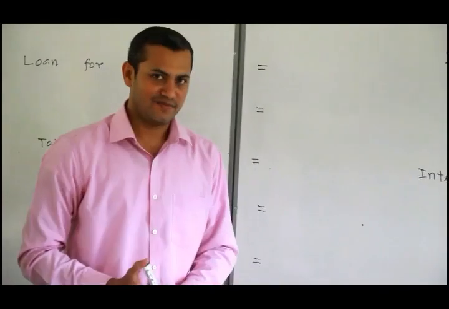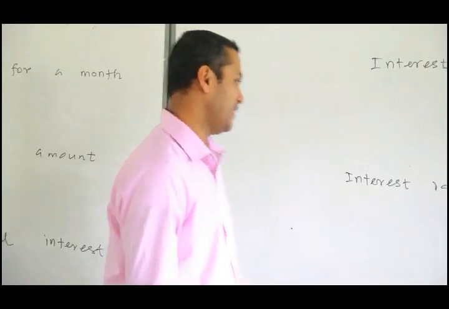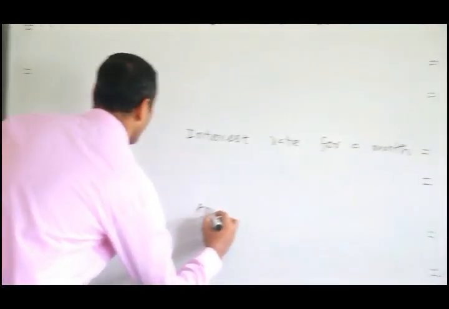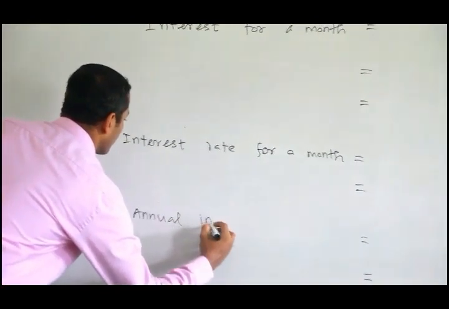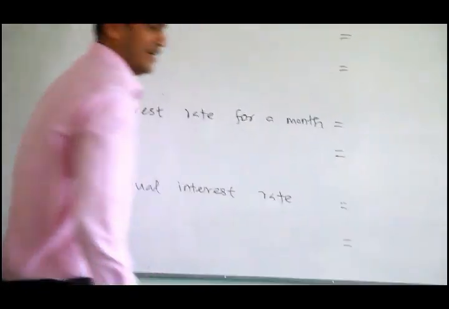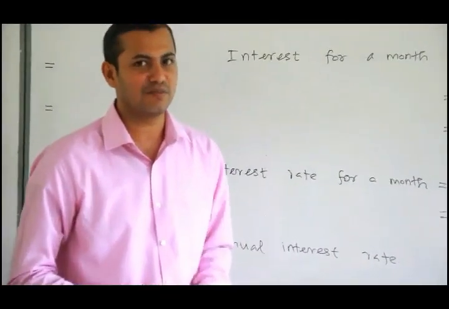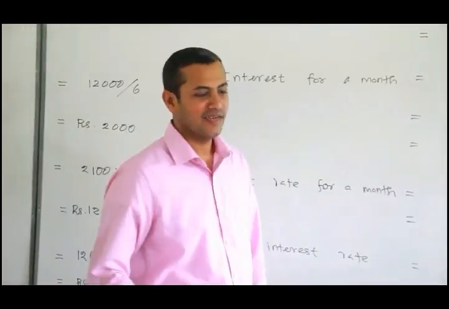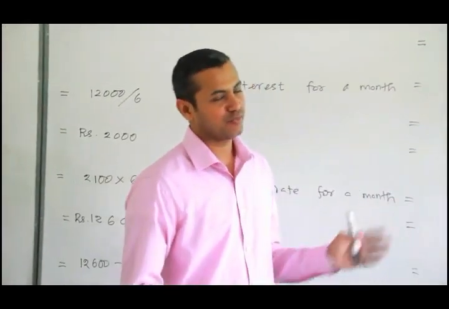Then our target, that is to find the annual interest rate now. That is the last step. So the 8th step will be the annual interest rate. I know it's a bit confusing, but don't worry, you will get used to it, right? Once we do 2 or 3 examples, you will get used to it. Okay, I am going to do the 6th question in your textbook, right? You go through the textbook and refer to the 6th question and read and try to understand the question.